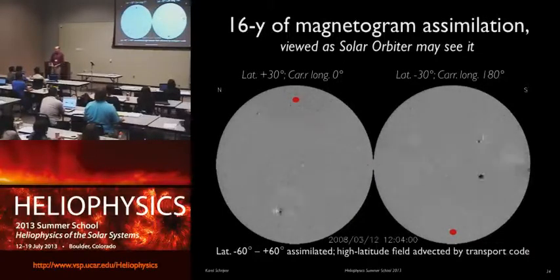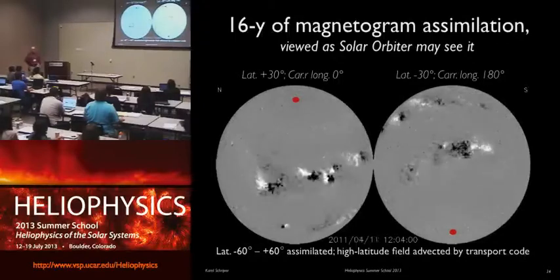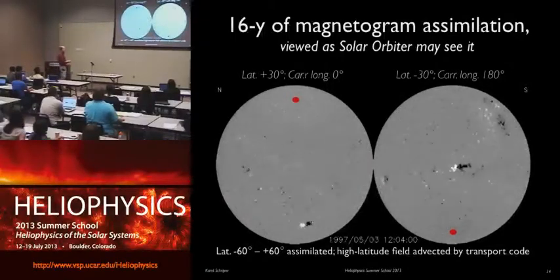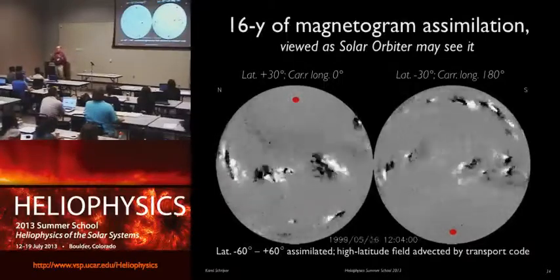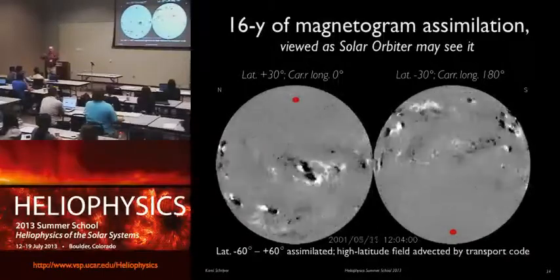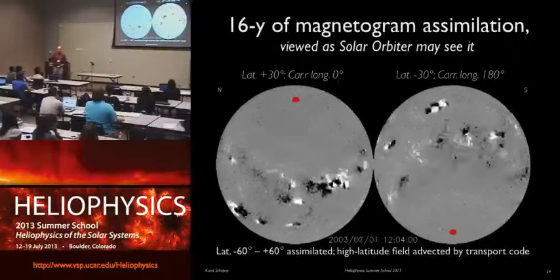the activity belt. There is never a sunspot above 30 degrees in latitude. There's never been in recorded history. Probably did happen 4 billion years ago, but not in recorded history. And yet there's field up there. That field does not emerge there as a largely unipolar field, but it comes up there being advected in the meridional flow, and it sorts itself out into a way that the polar caps are capacitors.